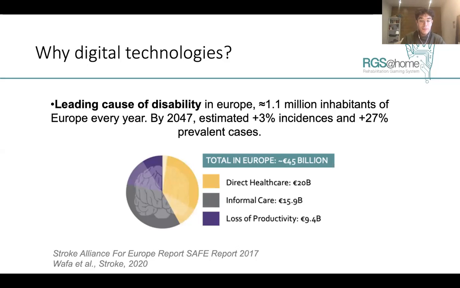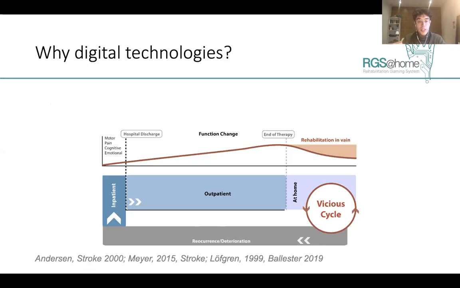So, what can we expect after a stroke? Although we should not take this curve as a rule of thumb, we see that when a patient suffers a stroke, they enter a process of rehabilitation treatment in which we see changes in function. Usually these changes are gains or improvement. However, we usually see a phenomenon that when this therapy ceases at end of therapy, some patients seem to worsen in their functional capabilities. For instance, they stop using their affected arm, and this is translated into a loss of neural representation, which leads to a vicious cycle.